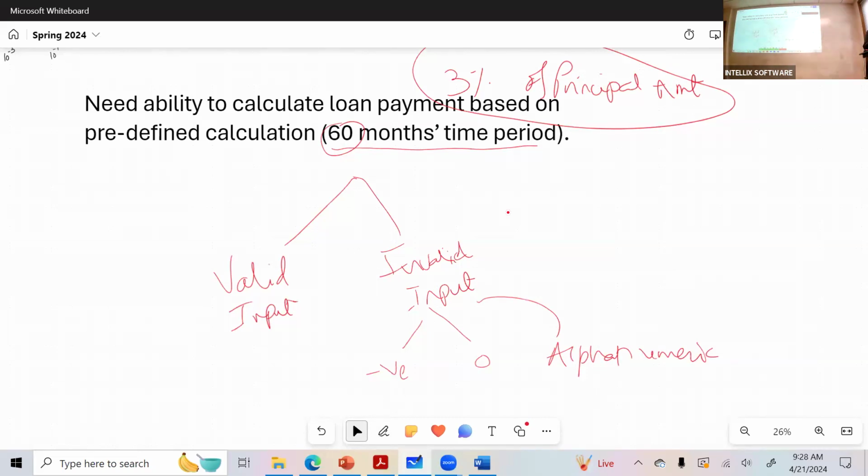So you have negative, you have 0 amount, you have alphanumeric, and then you have no data. They try to calculate without entering anything in the system. Then potentially, what should you get? You should get an error message, right? Enter an amount.